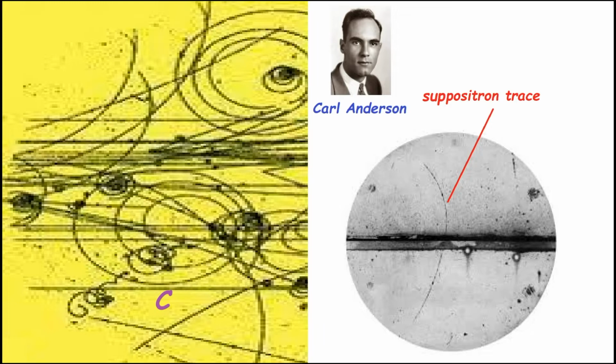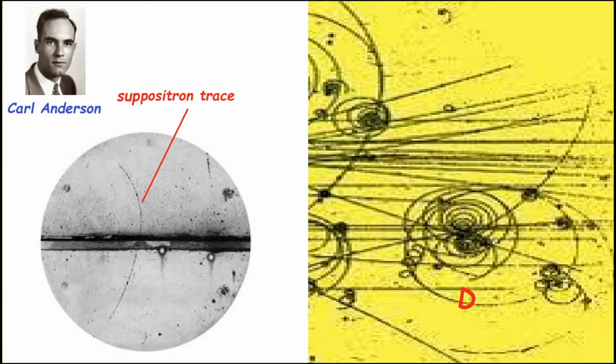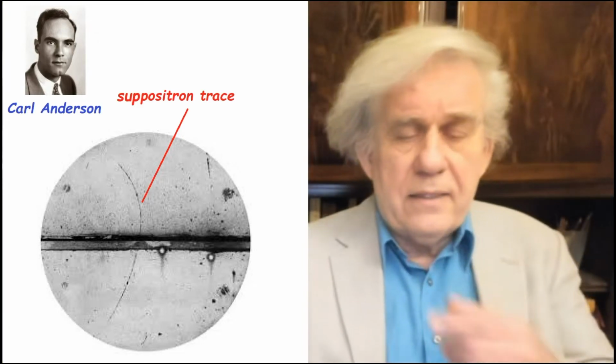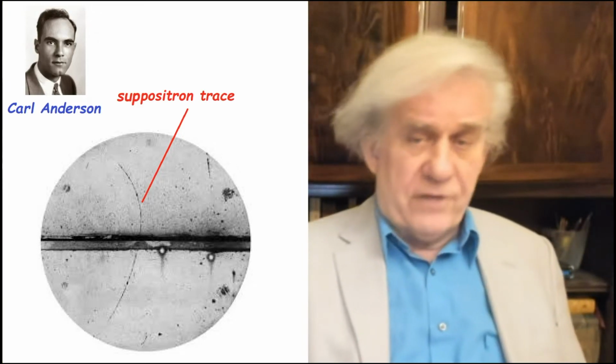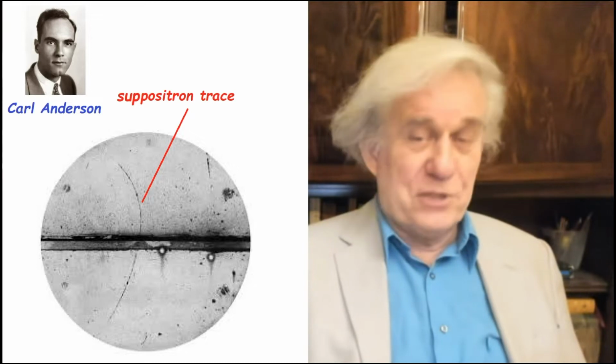Okay, and here's an example from real life. This man, his name was Carl Anderson. He won the Nobel Prize. Let me put him over here and get back into the picture if I can. Okay, and he discovered, or found, or whatever you want to call it, made exist the positron.